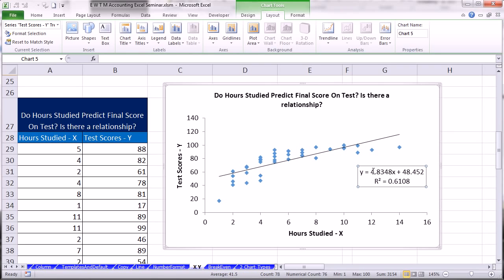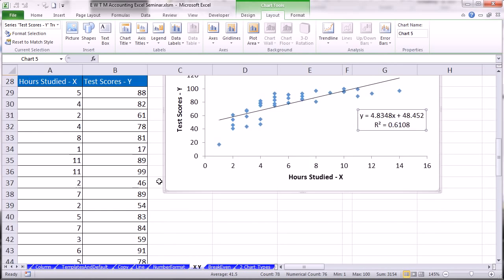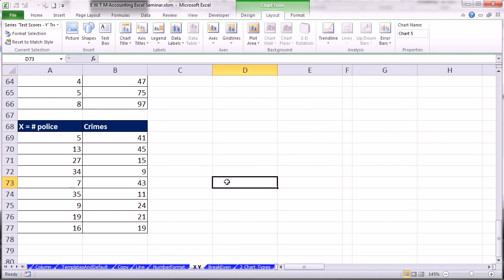All right, so what does the XY scatter show? It probably shows, or tries to show, a relationship. It looks like there probably is some relationship. The more hours studied, the higher the score. If you get dots all over the place, that means there probably isn't a relationship between the two variables. Let's quickly look at another example because they don't always come out